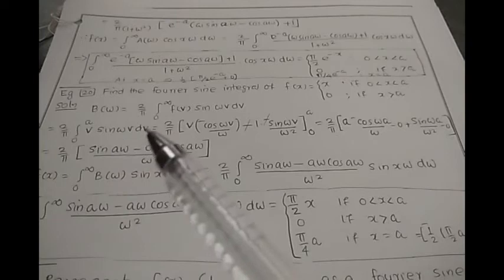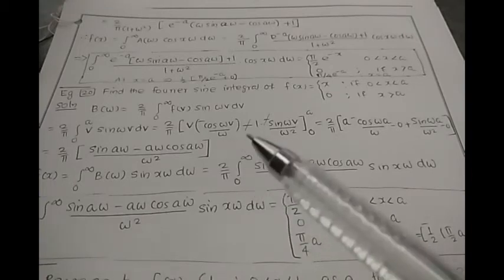So we write the sine formula. For that we write b omega first, b omega equal to 2 by pi integral f of v sin omega v dv, and substituting f of v equal to v here, v sin omega v dv. Integrating, first function into integral of the second function: first function is v, into integral of sine, which is minus cos omega v divided by omega, minus derivative